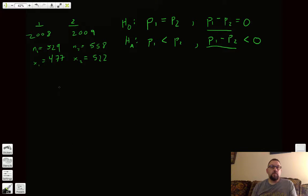Okay, so now I'm going to do a z formula. So z equals, now again, remember, it's statistic minus parameter divided by standard deviation of statistic. In this case, though, we're doing a proportion test, and we're doing difference of 2 proportions. So I want to follow the same pattern. So again, when it was a single sample, it was p hat minus p divided by the square root of pq over n. All right. So we're slightly different than that now